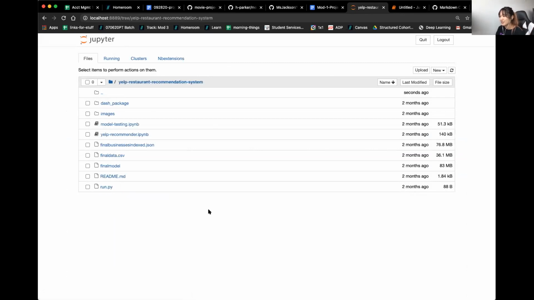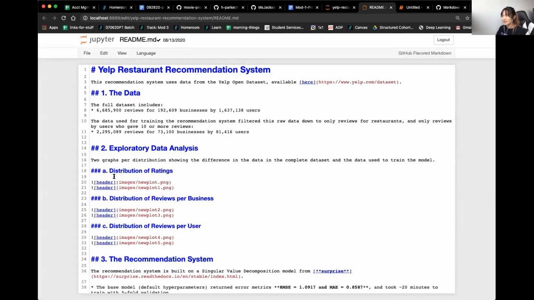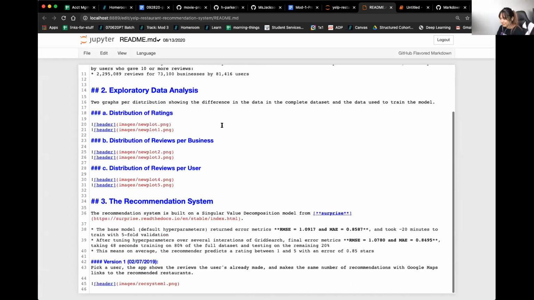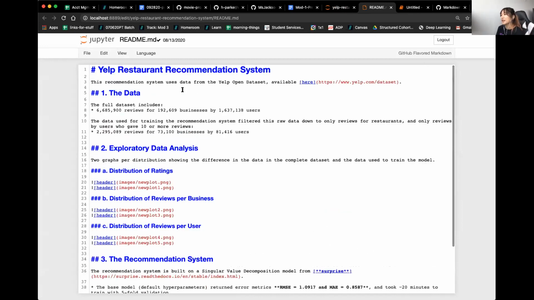Actually, let me see if I can do this here. Yeah, this is one of my projects. You can edit your README here. The only downside is you can't see how it would render, but you can do it here as well. And then the only way you would test it is push your README and just see how it appears on